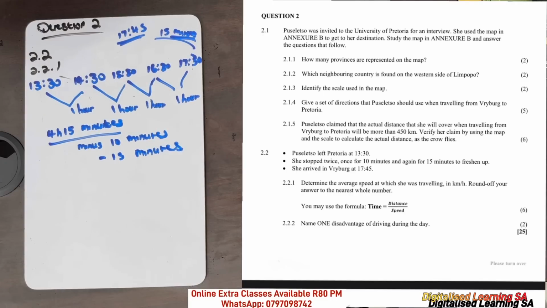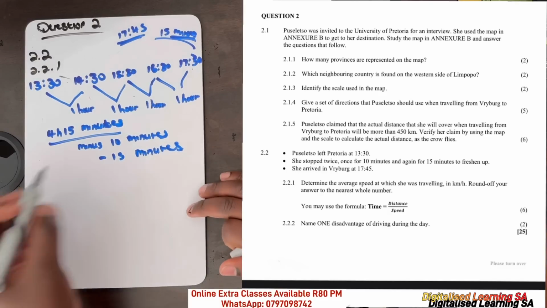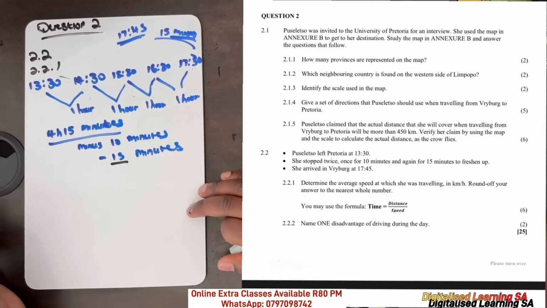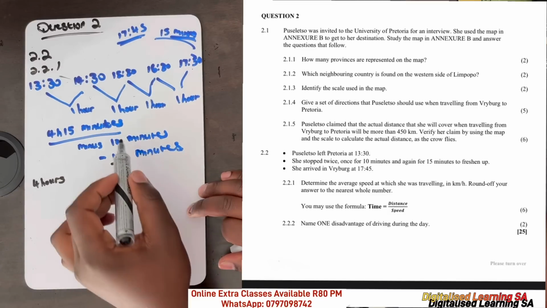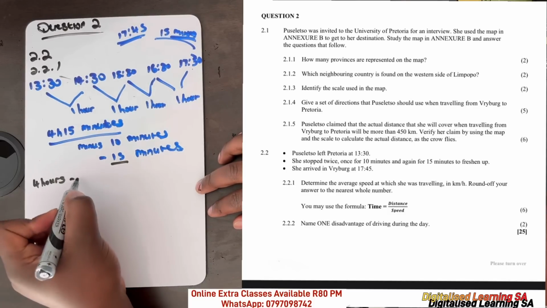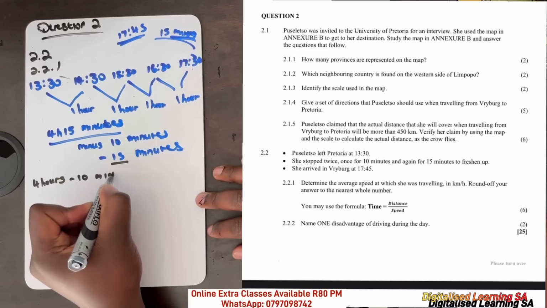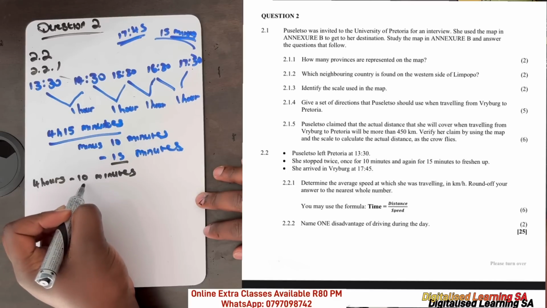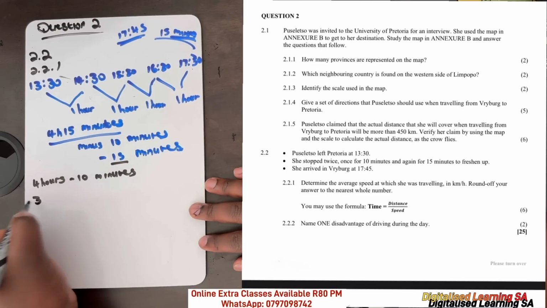If we subtract 15, we are left with 4 hours. From the 4 hours, we subtract 10 minutes. We know that an hour has 60 minutes, so we are subtracting 10 from the 60 minutes of 1 hour. So our answer will be 3 hours